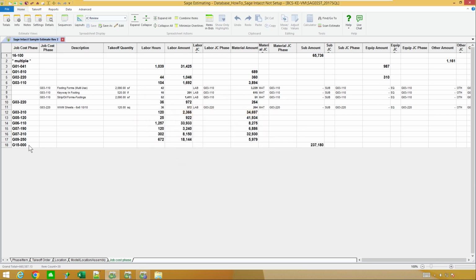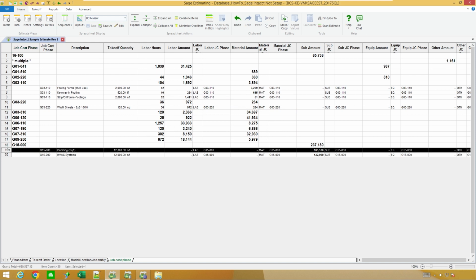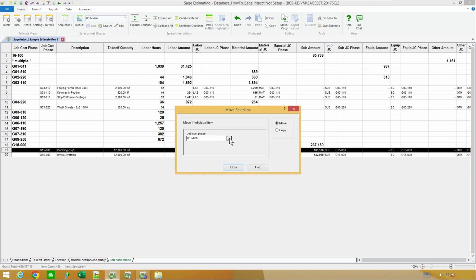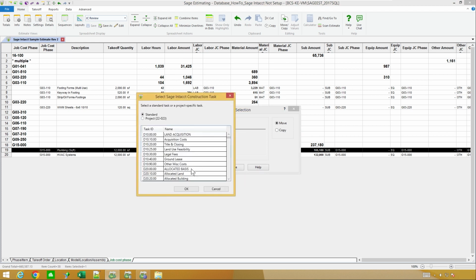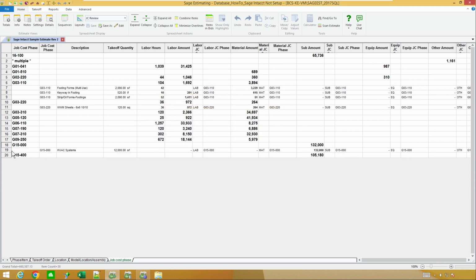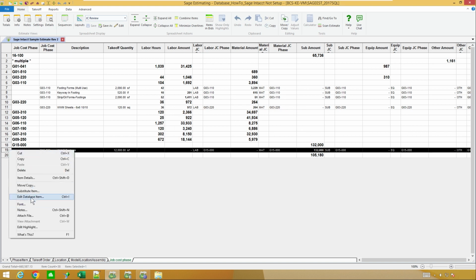I'm going to move it down there and then come back and take a look at it. So it looks like I got two different ones going on. So let's move those somewhere else. So what was that one? That was a plumbing one. Stick that over to plumbing. And let's actually stick the HVAC over.